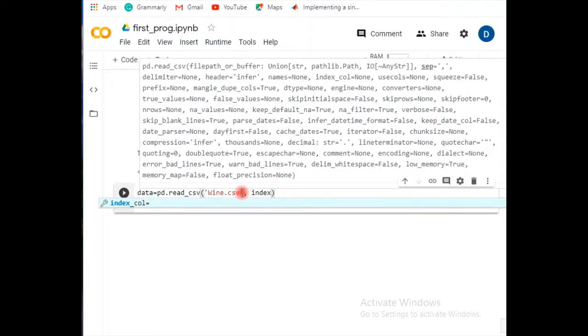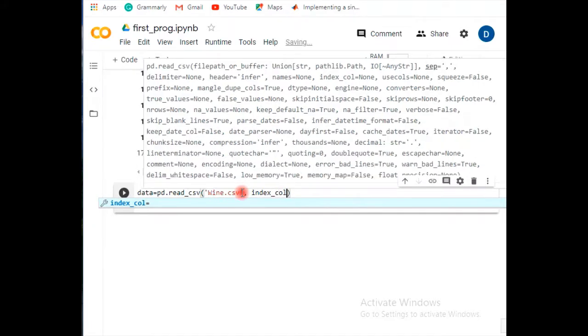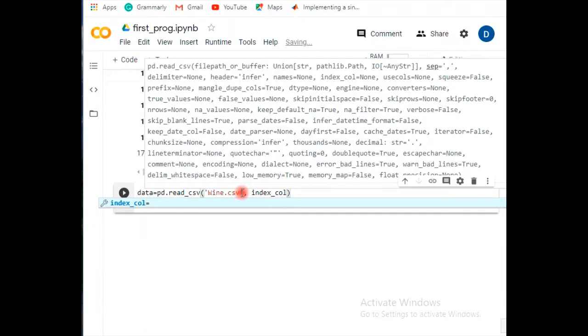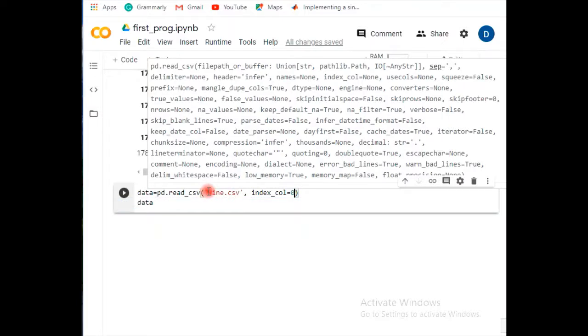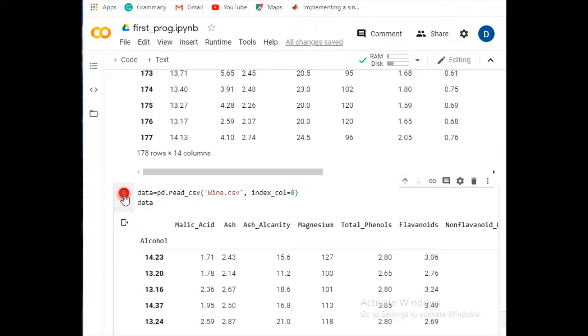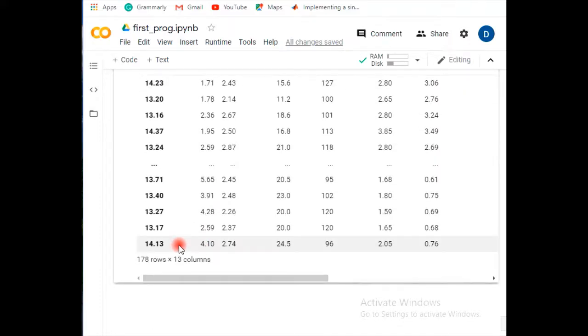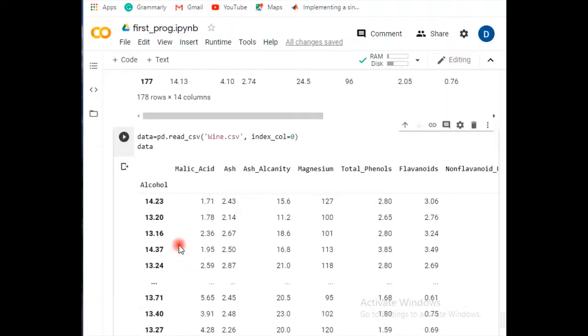It is basically the index column, and whatever index column you're looking for, you can type up here, 0, and then run it. So basically for all rows, it is giving the values of the index column 0.